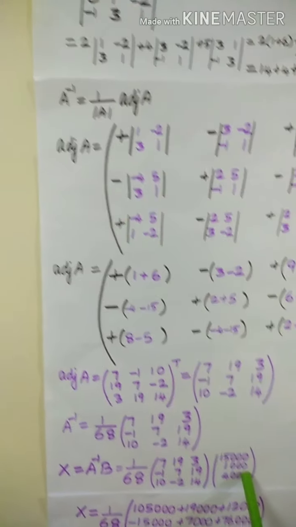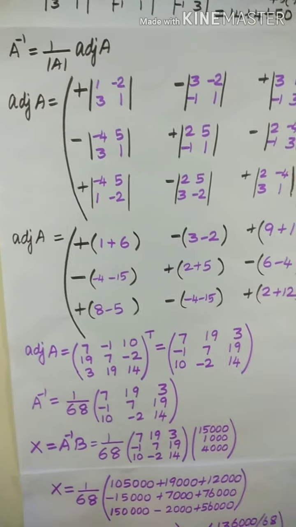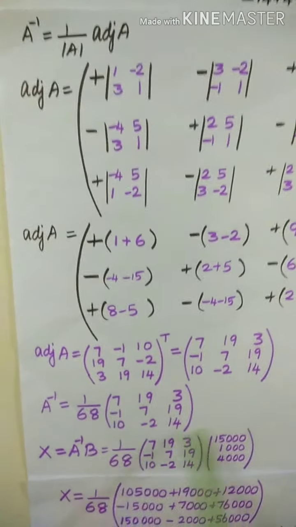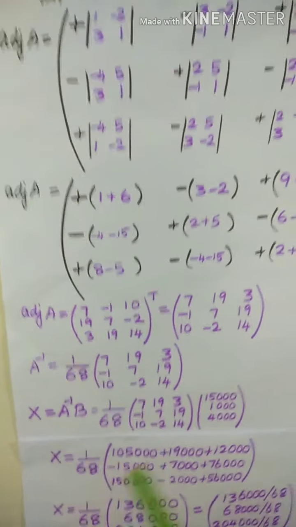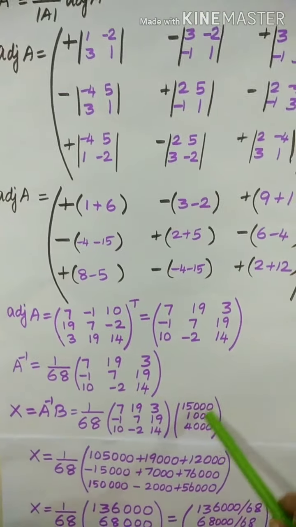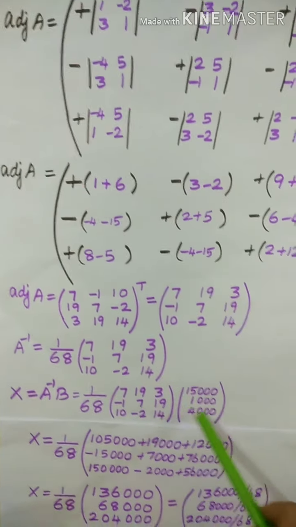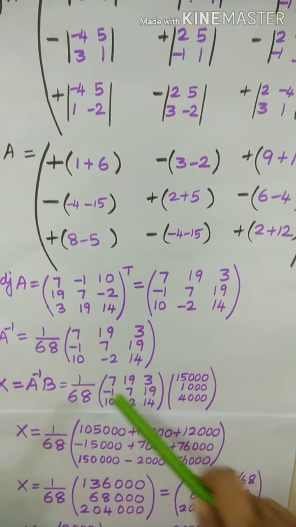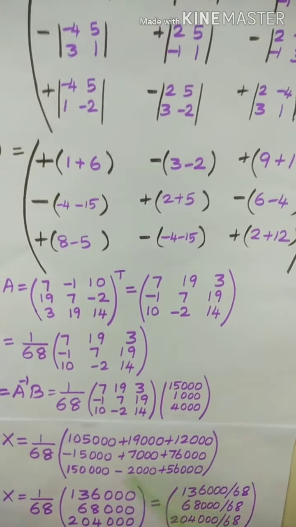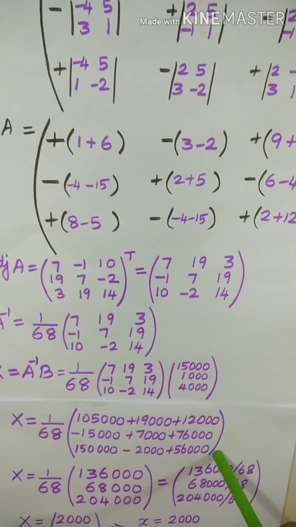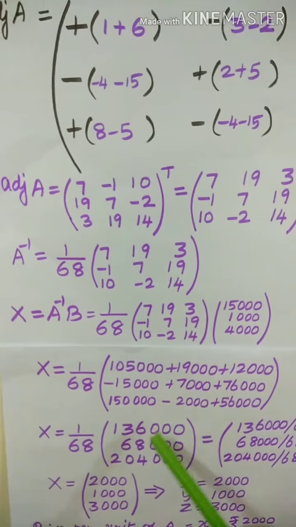And again, if you want, you can cancel this 68 and this number, as in the previous problem we did. But 68 is not exactly divisible, so let us keep this 1 by 68 as such. Multiply first row by first column: 7 into 15,000, 19 into 1000 plus 3 into 4000, which we have written. Similarly, second row by first column and third row by first column, which we have written as first, second and third row. Now once I simplify, I divide by 68 every term inside the